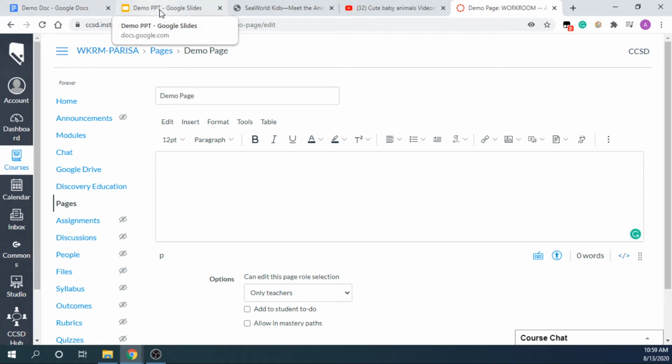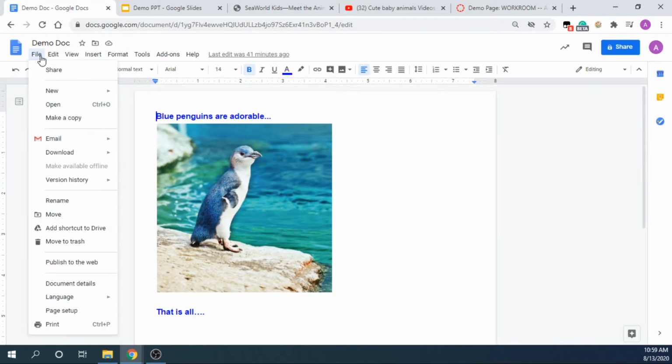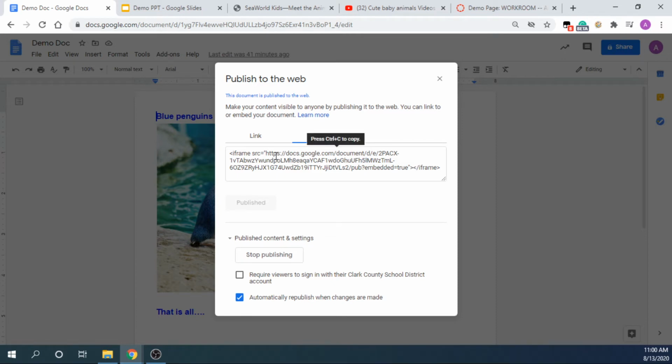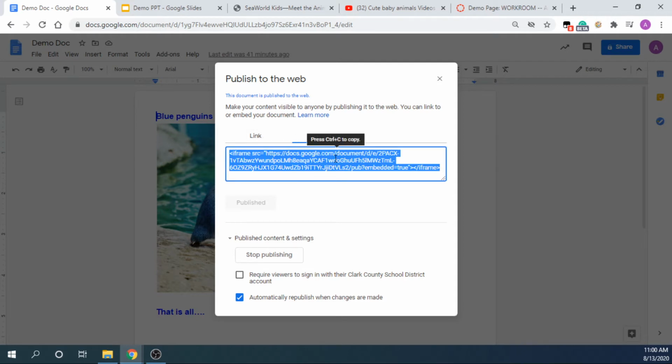Google Doc and Google Slides both use a very similar format. For Google Doc, what I'm going to do is go to File and Publish to the web, because I want my kids to see this page that says blue penguins are adorable, that is all, and not a link specifically to this page. When I go to Publish to the web, there's a choice called Embed. Here is my code I'm going to need. It starts with iframe, it ends with iframe. That tells the internet to display it in a specific way. So I'm going to copy that,